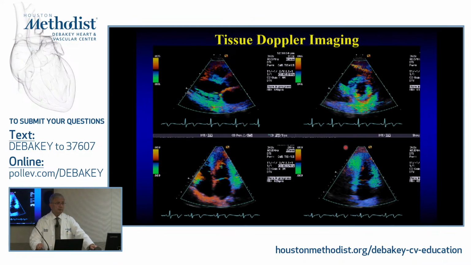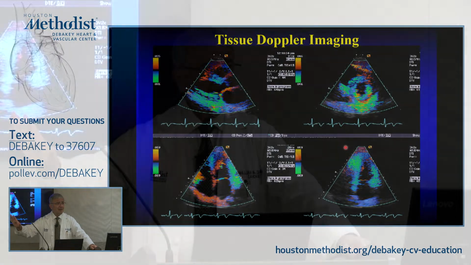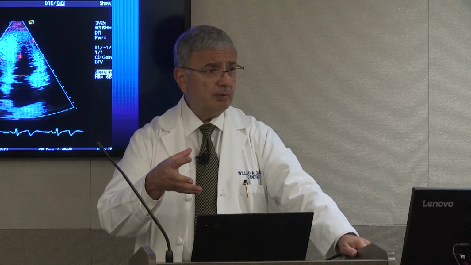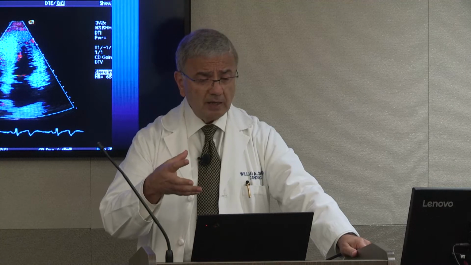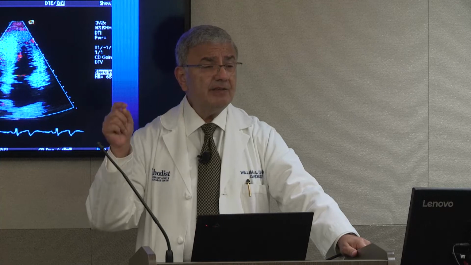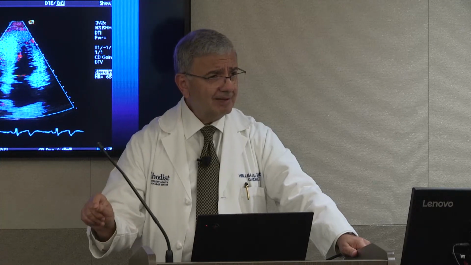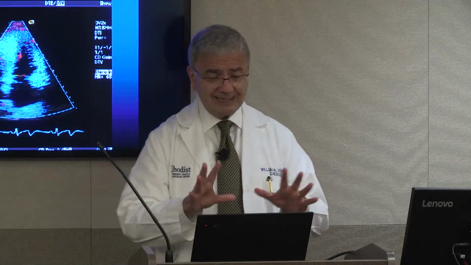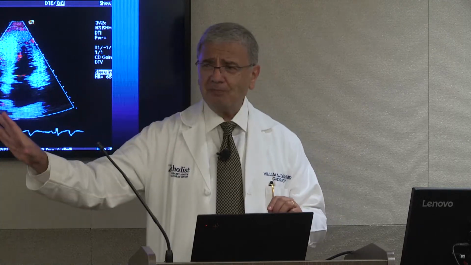Tissue Doppler, very important. Tissue Doppler, in the past, we wanted to ignore it. We don't want to see it. And the interesting thing is it's very different than flow Doppler, blood flow Doppler. Why? Because the intensity of the Doppler signal is very high and the velocities are low, as opposed to blood. Intensity is low and velocity is high. So it's very easy to decide, oh, I want to ignore muscle.